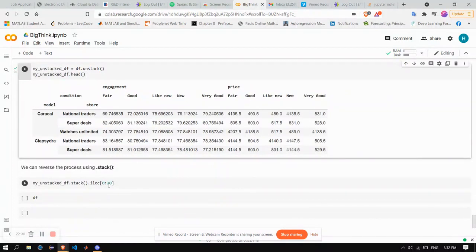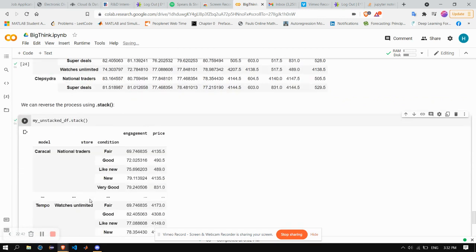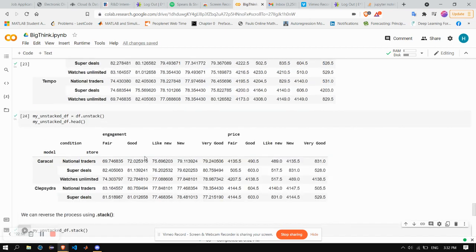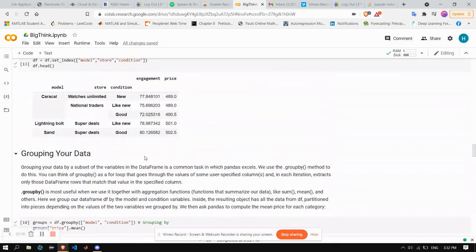And what we're going to do is put it back together the way it was before. We're going to stack it back. This basically just undoes your unstacking. I'm going to show you the whole output. The whole output is the original data frame, but it's actually grouped more, let's say, not cohesively. If you go back and check the original data frame, you'll see that the condition in particular, the innermost index, is sparsely spread. So what I mean by that is